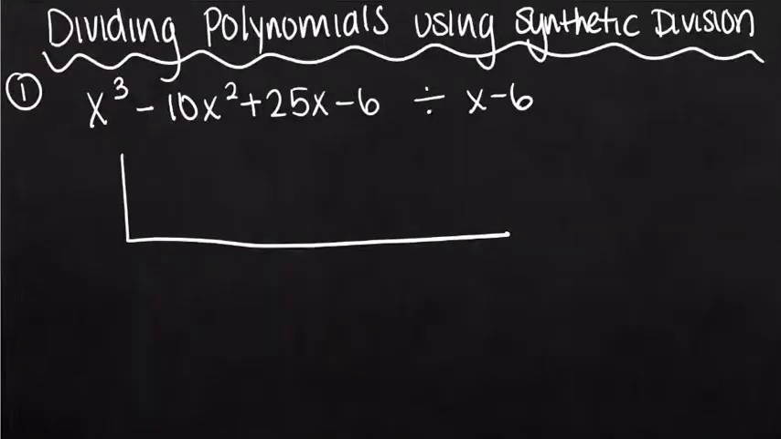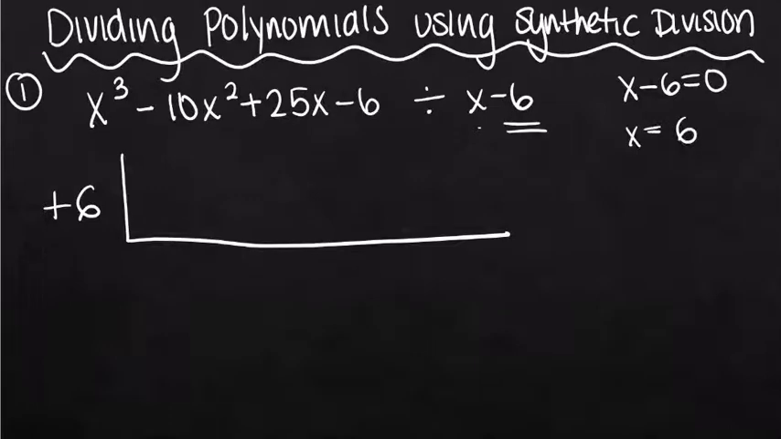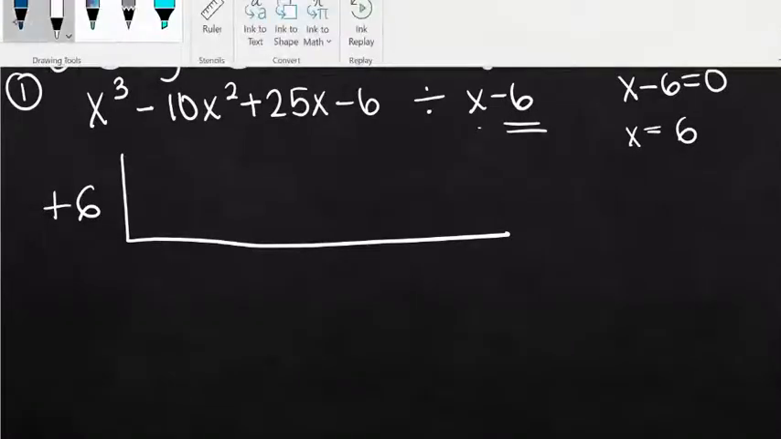And so I'm going to take my divisor. Now my divisor here is x minus 6. I'm going to take the minus 6 portion and I'm just going to change the sign to a positive 6. And so the reason is I'm looking to see if this is a factor of the polynomial that's given. So if it is a factor, then that means when I set this equal to 0, which gives me 6, the graph of this function